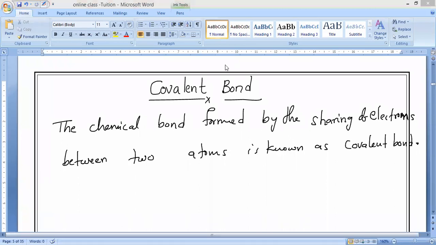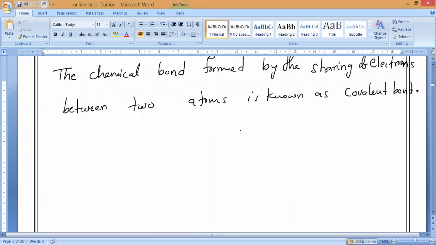Molecules are of two types. What are they? Molecules of an element and molecules of a compound. If atoms combine together by sharing electrons, that is a molecule of a compound. So those compounds we can also call molecular compounds. What should we call them? Molecular compounds.